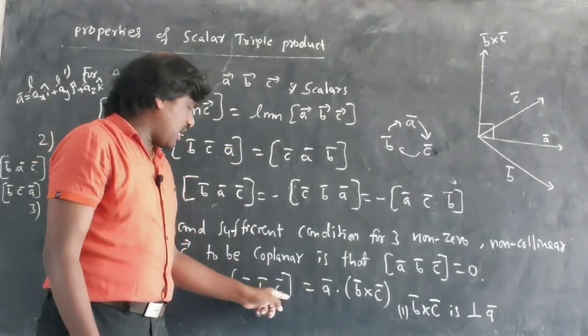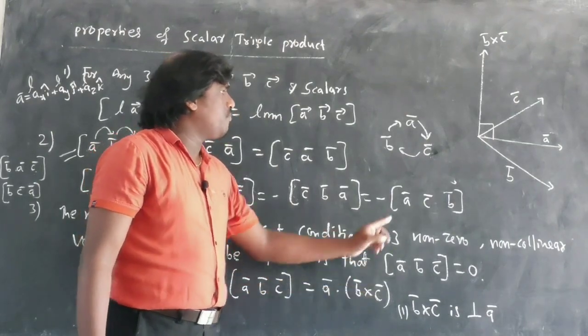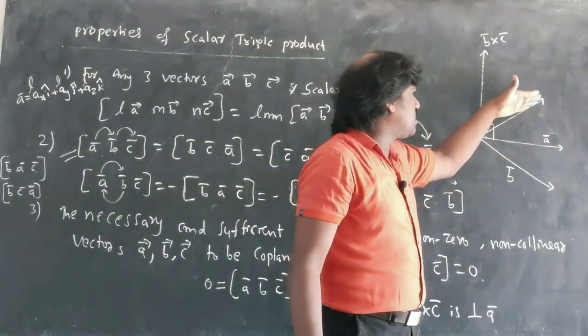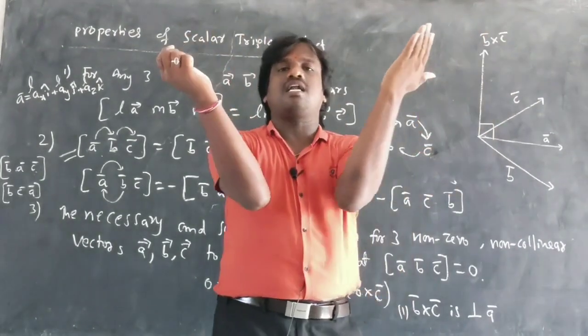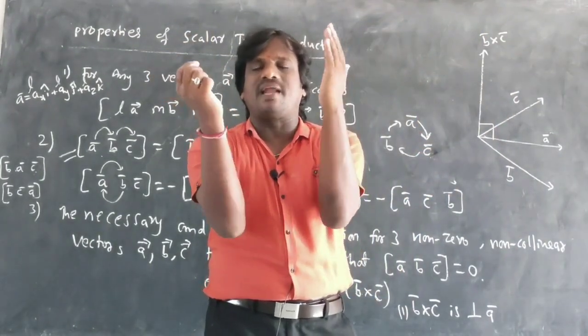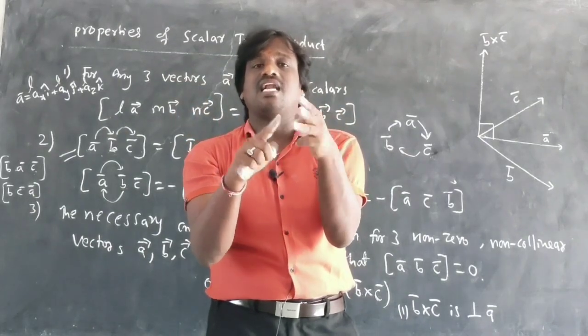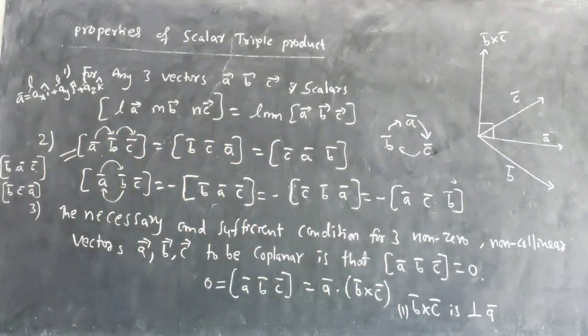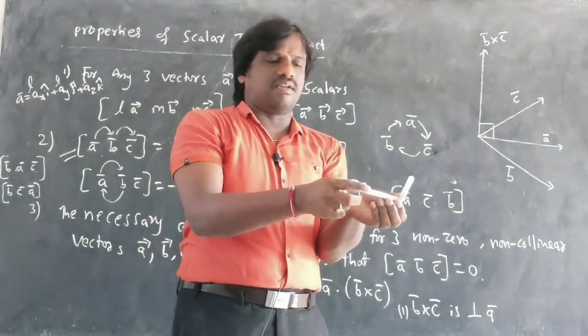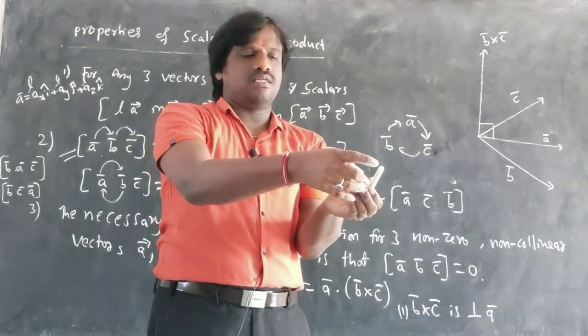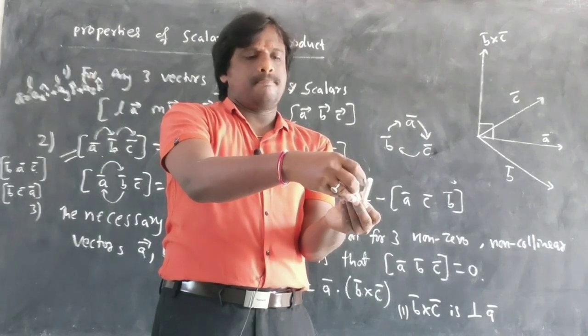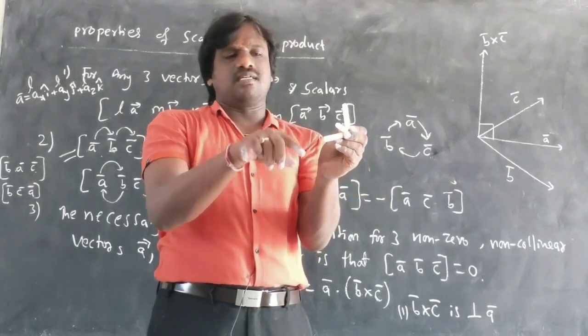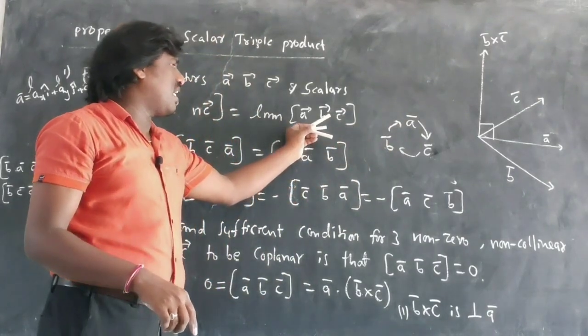Simple thing. Box ABC can be written as A dot B cross C. You can see here, this is B and this is C, and they are coplanar. Coplanar means what? A, B, C are lying in the same plane. If 3 vectors are lying in the same plane, they are called coplanar. Okay, I'll just show you. This is one vector, this is one vector, and there you have another vector. Okay, you have 3 vectors here. These 3 vectors are lying in the same plane.